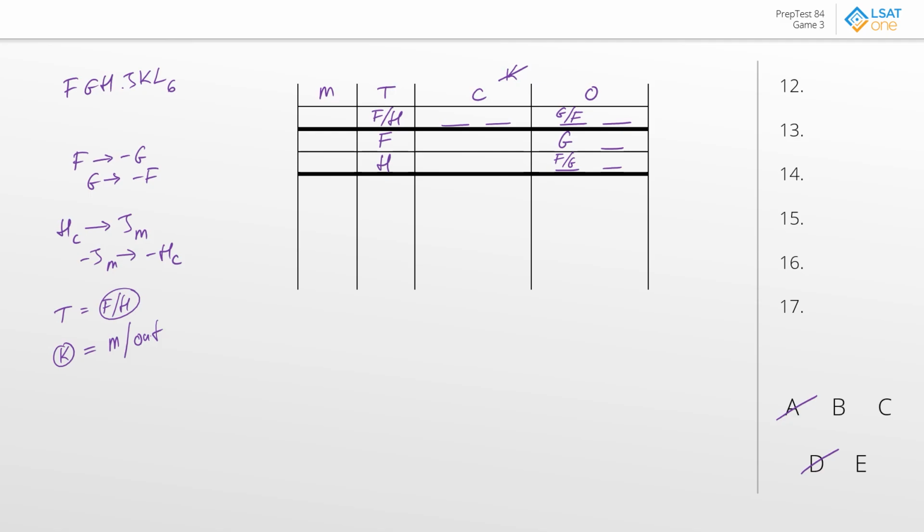We can keep going. Next, the treasury has to be either F or H, so we just have B, C, and E remaining. B has H in the treasury, that's fine. C has G in the treasury, which is not fine. We can get rid of that one. And E has H in the treasury, that's fine. Lastly, we said effectively K has to be either the mayor or out. So answer choice B has, well, actually K is a councillor there, so that certainly doesn't work, which then leaves us with answer choice E as the only viable answer for question number 12.